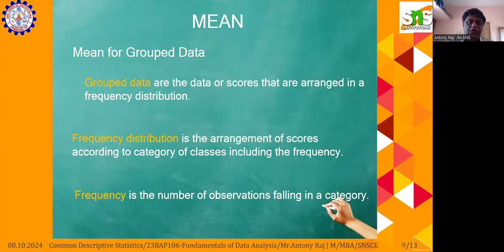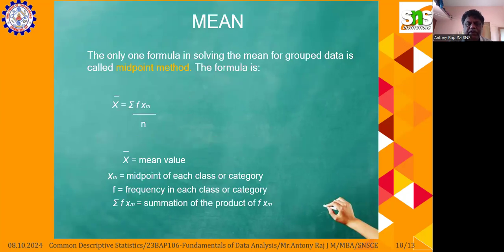Now, the mean of grouped data: how do we calculate this? We need to understand these three things. Grouped data is data or scores arranged in a frequency distribution. Frequency distribution is the arrangement of scores according to categories or classes, including the frequency. Frequency is the number of observations falling in a category. Based on this, the grouped data is done. And this is the formula